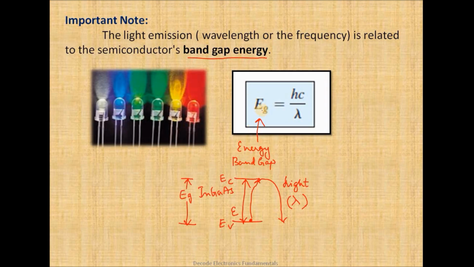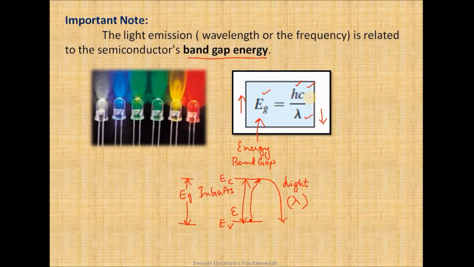With respect to the relation, it is very clearly observed that the energy band gap is inversely proportional to the wavelength of the light being emitted, which means higher the energy band gap, lower will be the wavelength of the light emitted. In this case h stands for Planck's constant and c is the velocity of